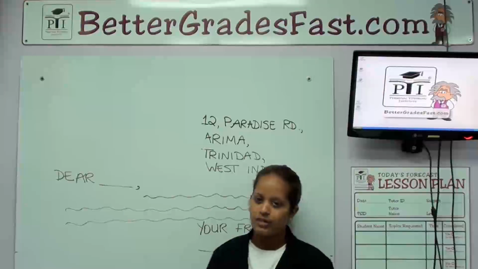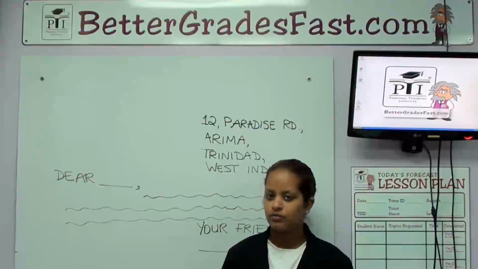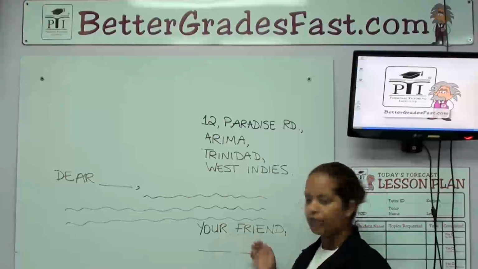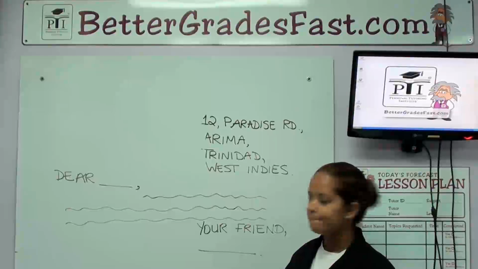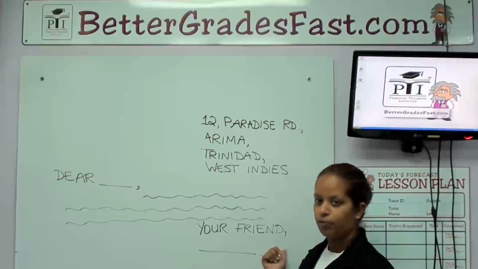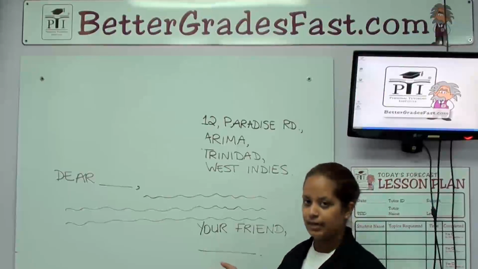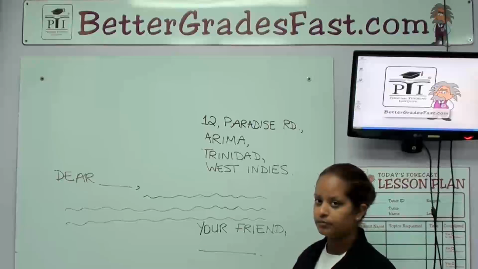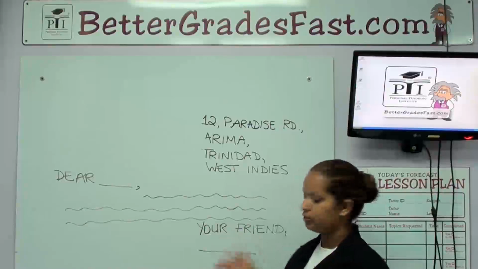When you are finished with the entire body of your letter, you need to have an appropriate ending. For a friendly letter, an appropriate ending is simply your friend. Your friend should be located on the right side of your page to the bottom of your body. Your friend should be followed by a comma. When you put this, you put your first name on the other line right under where you began writing your friend. So, if your name is Tommy, you would say your friend Tommy.